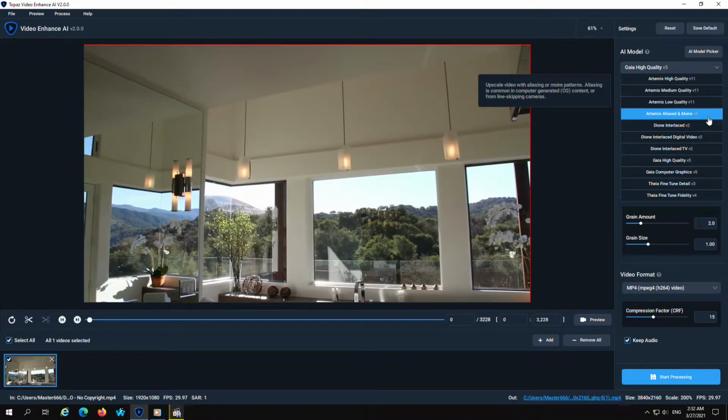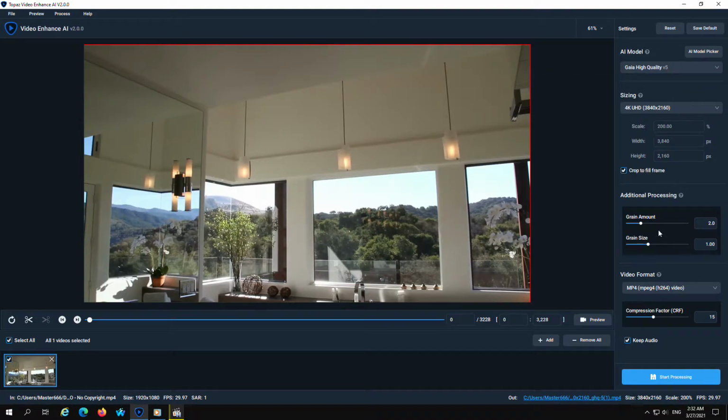To give the best result, I recommend you choose one of the models and then press preview, so that you can compare which AI can encode and upscale your video to look more HD. In this situation the video is already in full HD, so I would choose